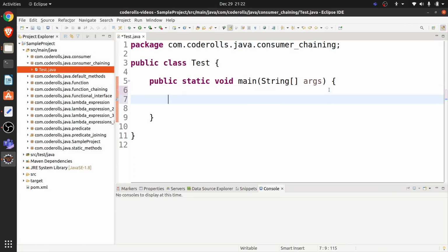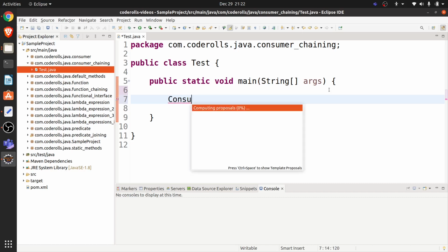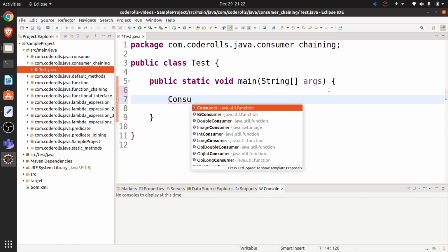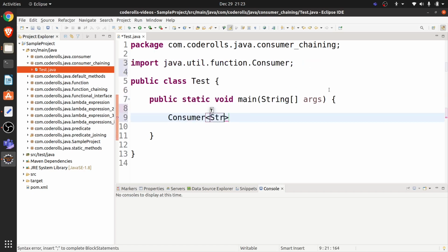Basically we will be passing a string which is a message, and that needs to be logged and that needs to be saved into the DB. So we will create two consumers for it. My first consumer will be, let's import it, Consumer from the java.util.function package, and it will take a string as an input.